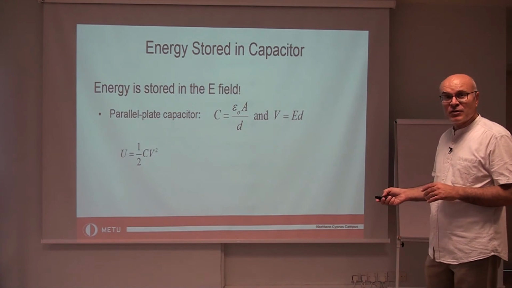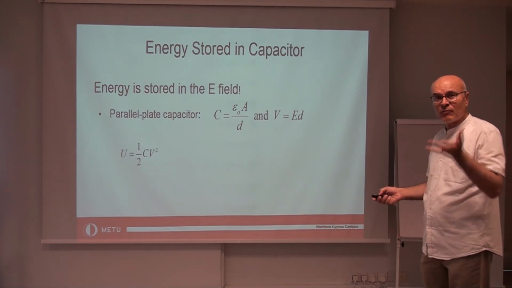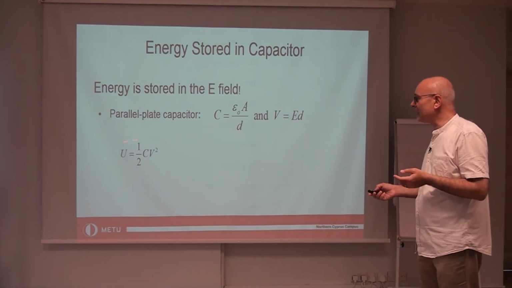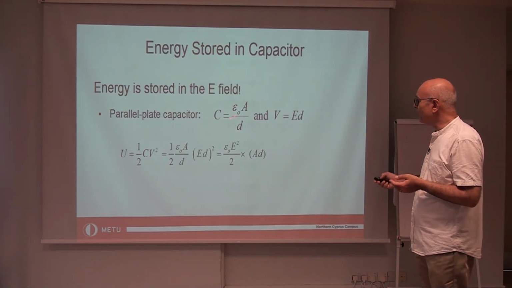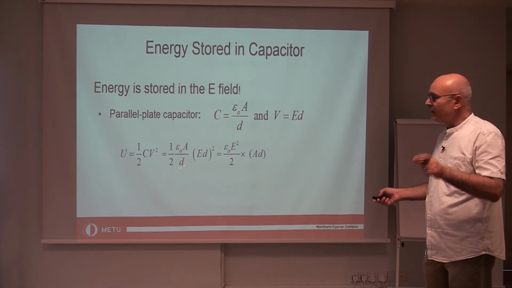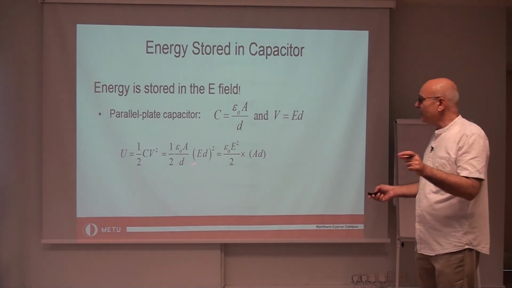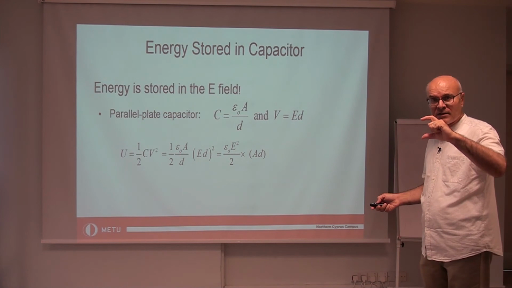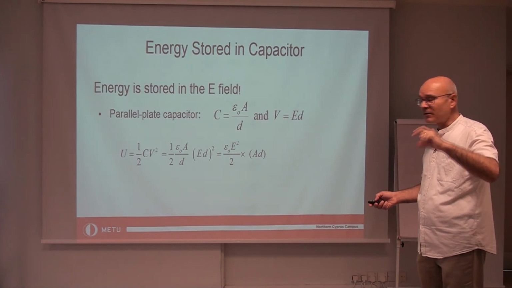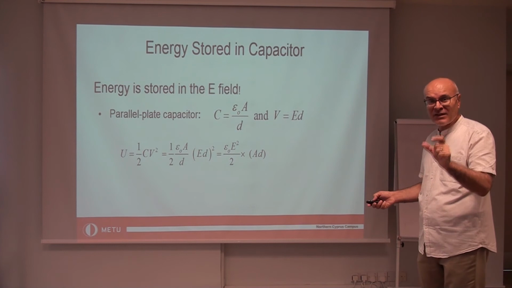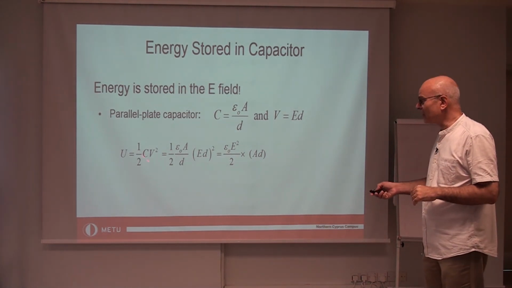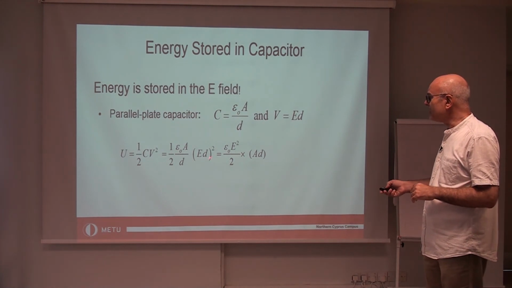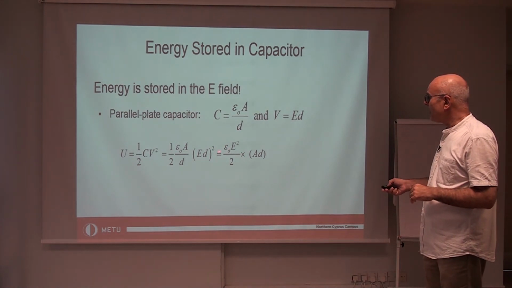Now the energy stored in this parallel plate capacitor when it is fully charged to a given Q and a given delta V is this. Substitute for C this expression, and substitute for V, Ed. What is Ed? This is the potential difference across the plates of the parallel plate capacitor. Okay? E is the uniform electric field between the plates of the capacitor when it is fully charged to a potential V. If you arrange things, you can write this as epsilon naught over 2 E squared multiplied by